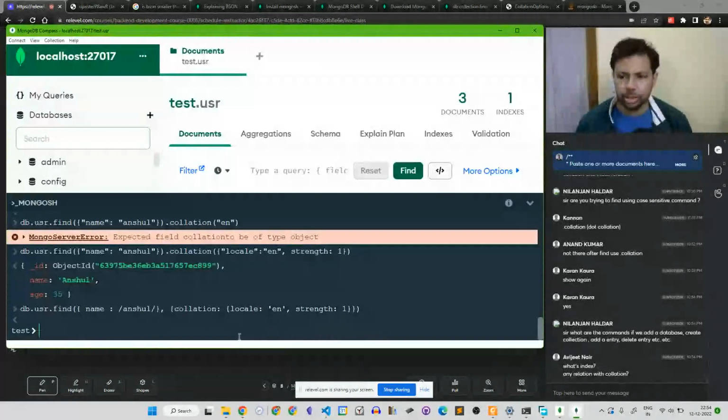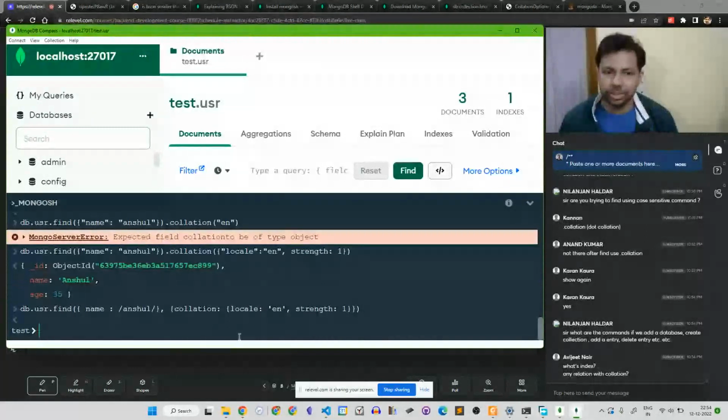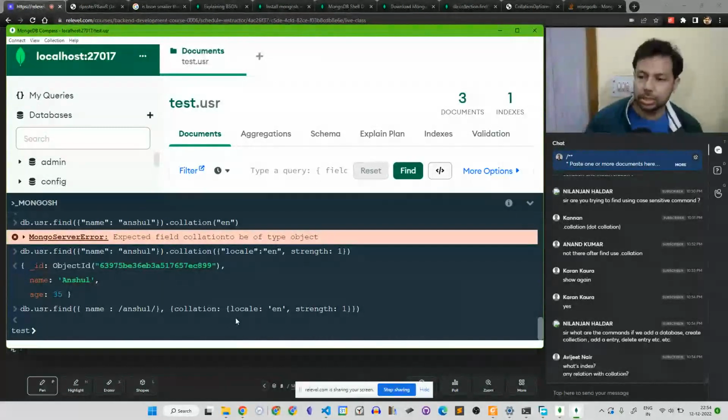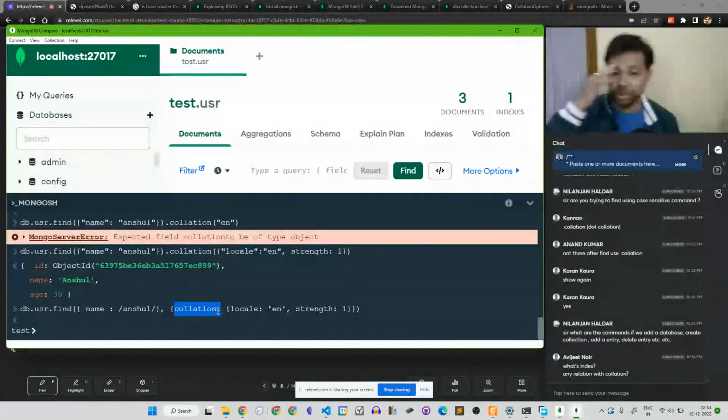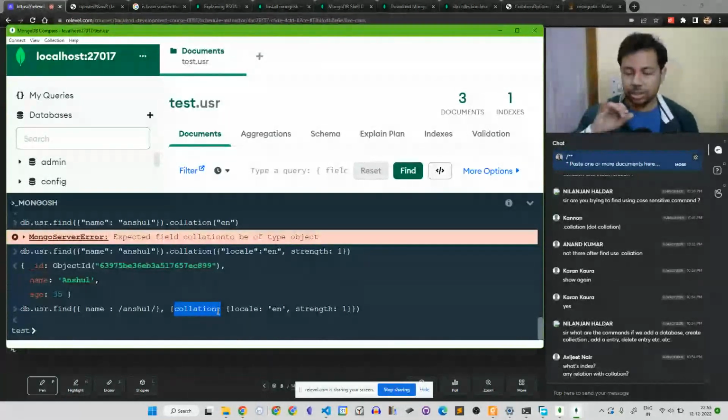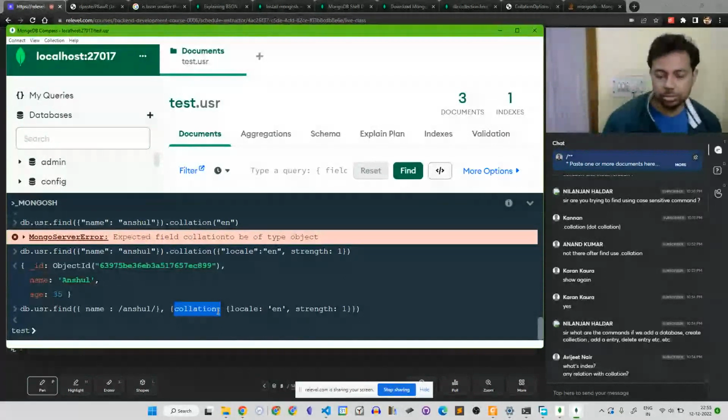I'm not sure. Maybe there is some relation between collation and index. While searching on index, you can use collation. Collation is a general option you can use while searching something. That is the idea behind collation. It's a general command. It has a bunch of options that you can use, and whenever you are searching anything related to string, you can do it.